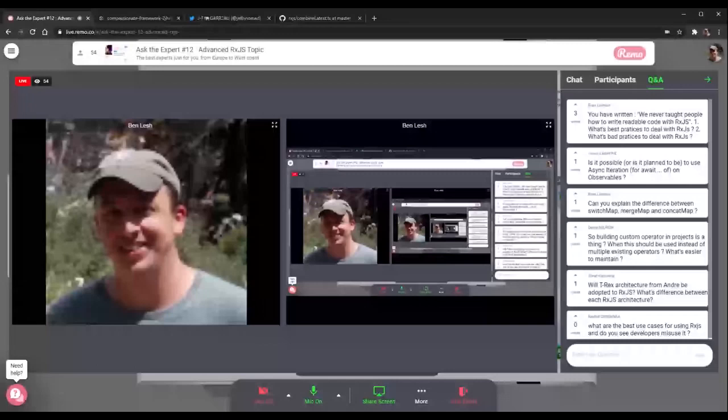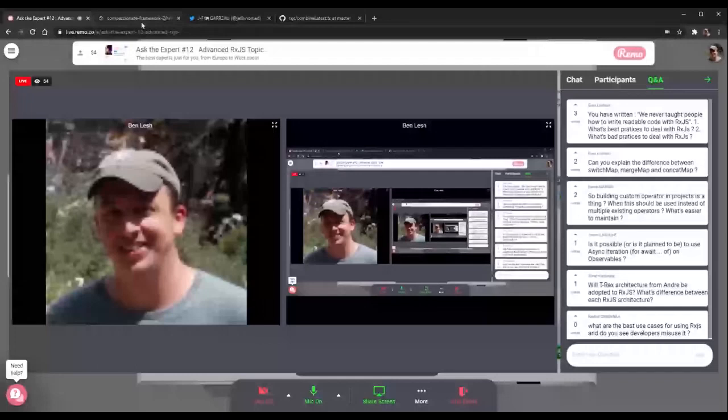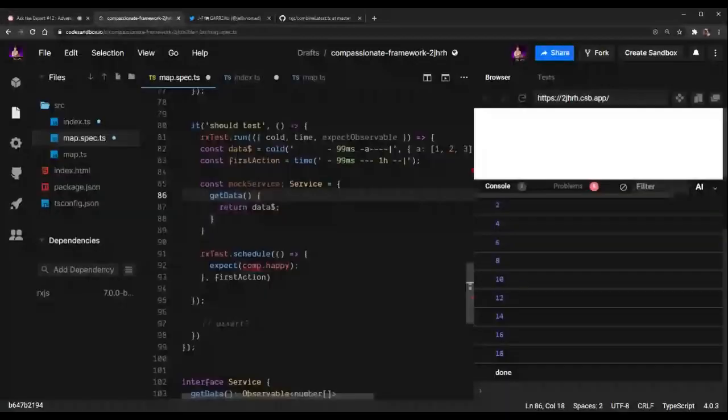So, I have written, we have never taught people how to write readable code with RxJS. What's best practice to deal with RxJS? So, one of the better things you can do with RxJS whenever you're dealing with trying to make code readable is,